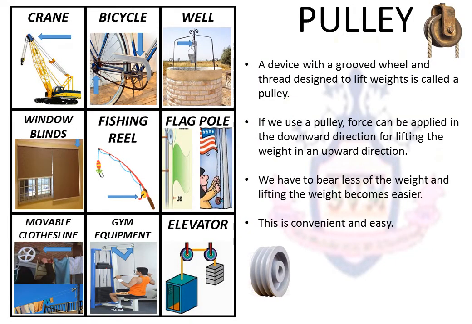For a pulley, imagine a fat wheel. Add some grooves in the center part of the wheel and wrap a thread or a rope or a string around it. One end of the thread will be pulled by you in the downward direction while the other one will be used to lift up a weight and it will come up in the upward direction.